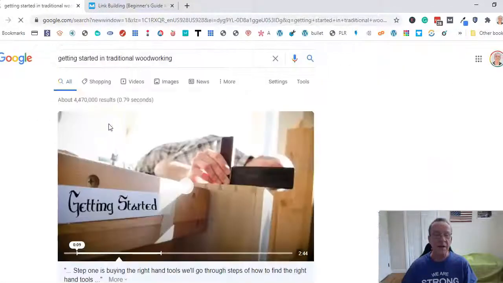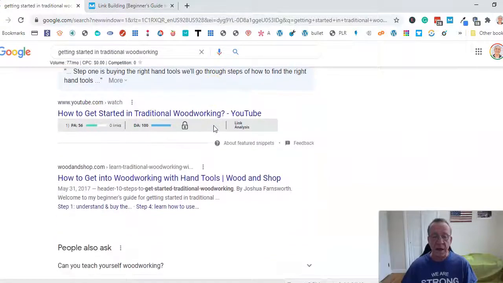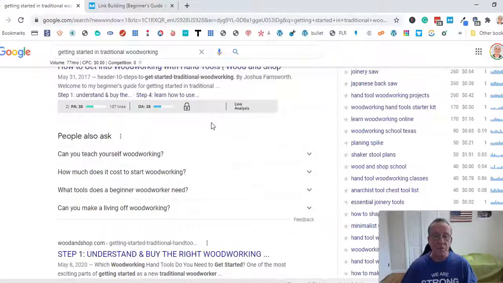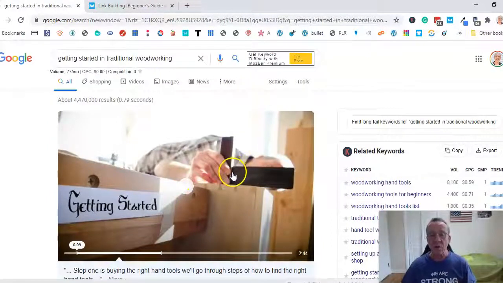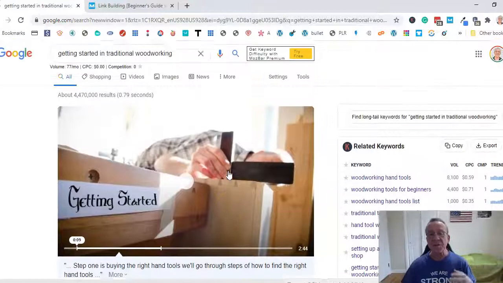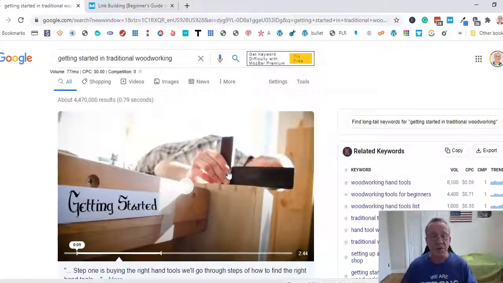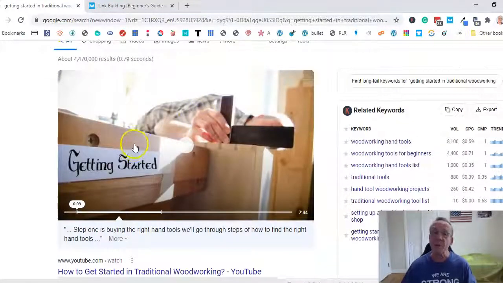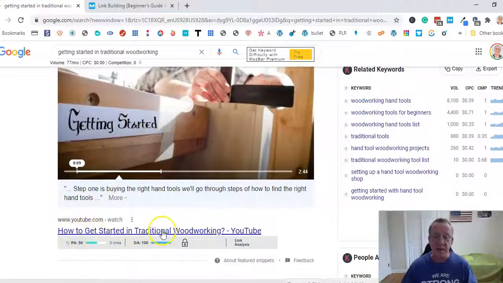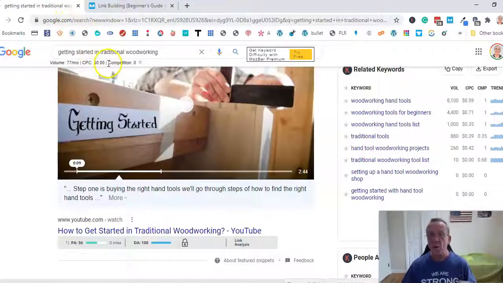So if we go and look at this keyword here, we're going to go down and see, here's the top here, how to get started. Now this is a YouTube video. You can outrank a YouTube video, no problem. But this is just the most relevant things. So that's Google's job, to show you the most relevant content for the search intent. So Google's saying, okay, they want to know about getting started in traditional woodworking. This site here is the one that probably comes closest to that, as it says how to get started in traditional woodworking. Almost the exact same phrase, which is another thing that you want to do when you're writing content,